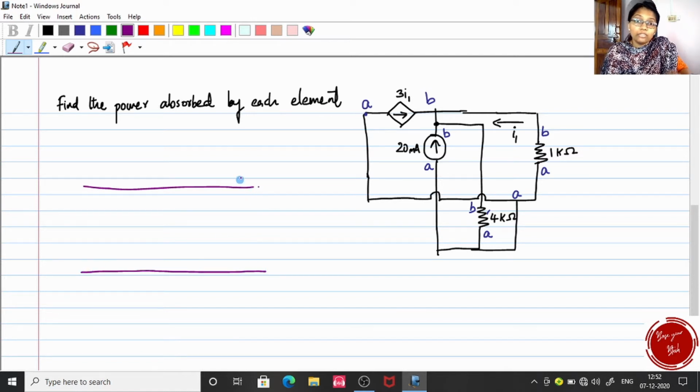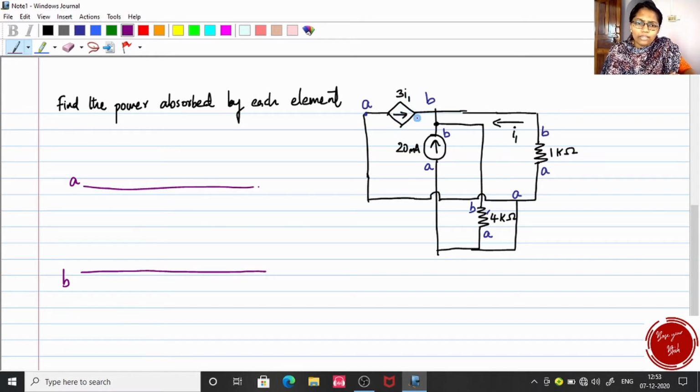like this. Since we have 2 points, let us mark 2 big lines. One big line is the point A, the other big line is the point B. Now let's take each element one by one. That is, for this dependent current source 3I1. See, what is this? This diamond shape inside which we have an arrow, this particular symbol is the dependent current source, and this current source depends on what? It depends on I1 which is marked in the circuit. So this is an I1 dependent current source, or current dependent current source.